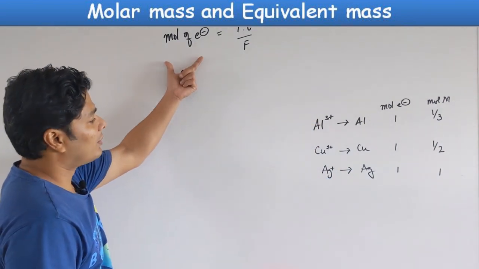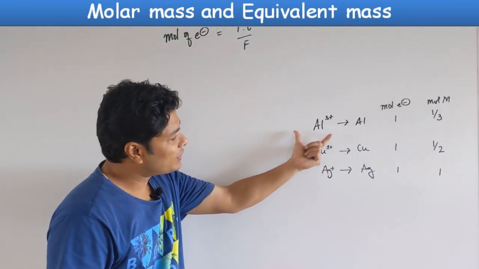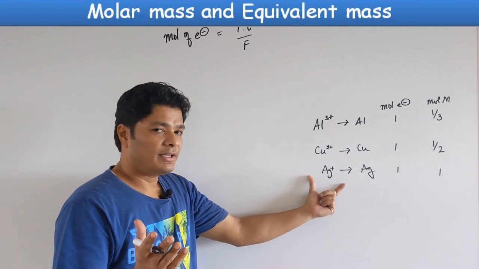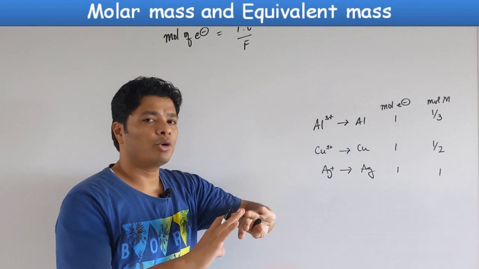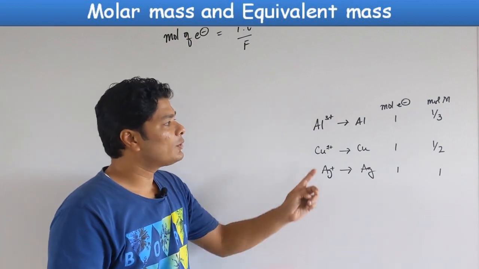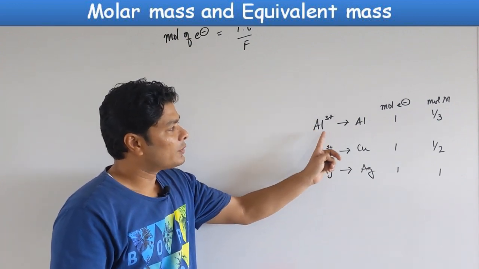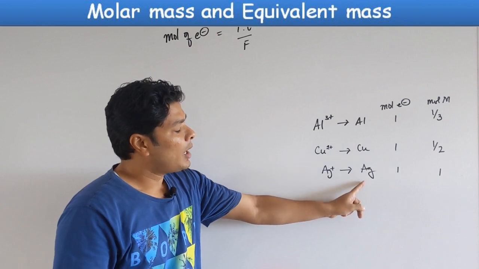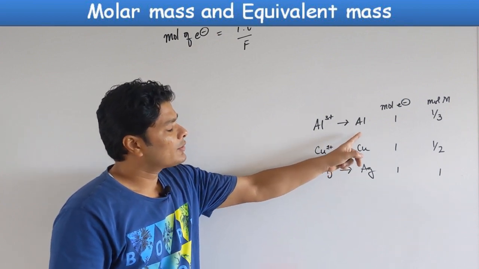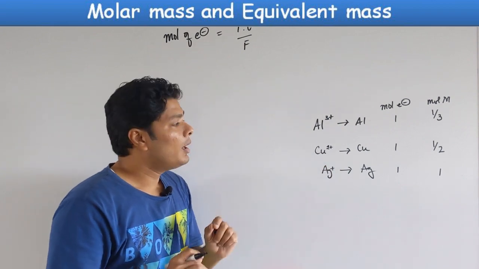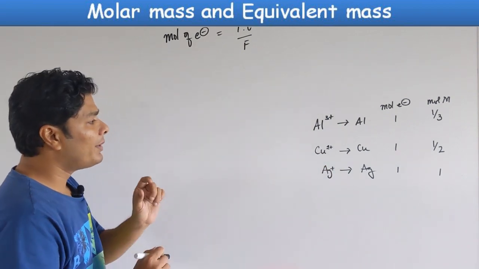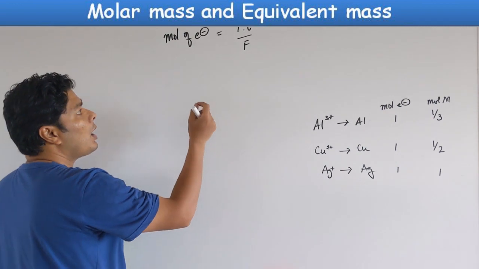So when I pass moles of electrons, I don't deposit the same amount of the metal, for 2 different reasons. One is that my moles of metal is different, and one is that the molar mass is different. Let's not worry about molar mass right now. We are looking at moles of the metal itself. The moles of metal is going to be different, inversely proportional to the valency.